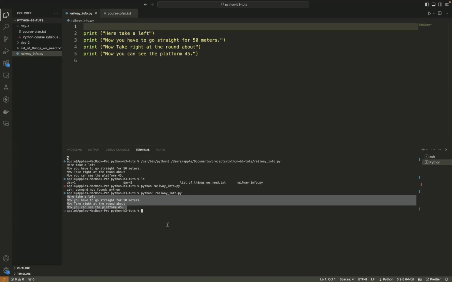You don't worry about it right now. All you have to worry about right now is, what is a folder? What is a file? What is a .py file? How to store it? How to run it? That's it. The contents of the file, don't worry about it right now. You have to understand these basics right now.